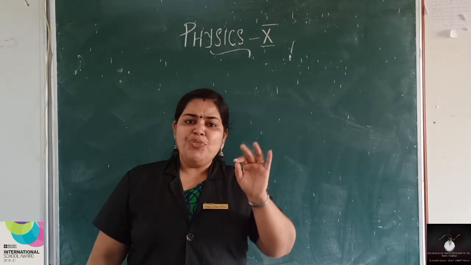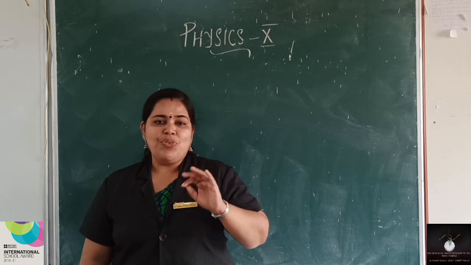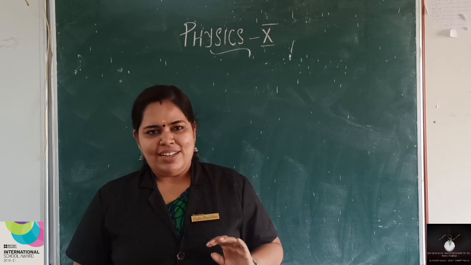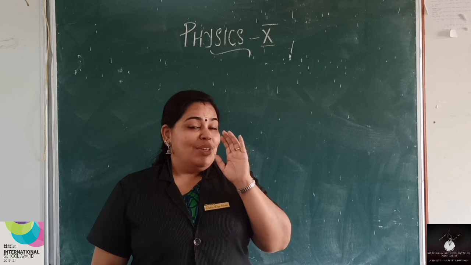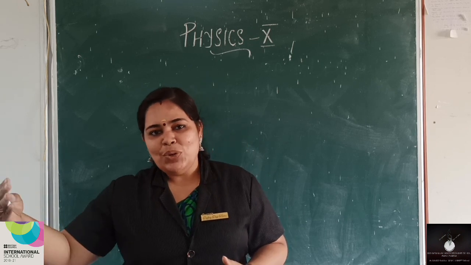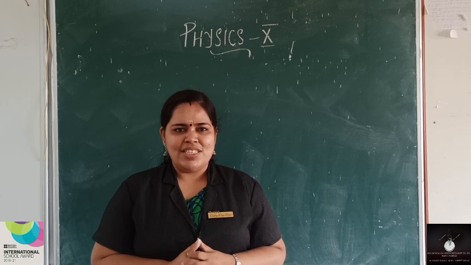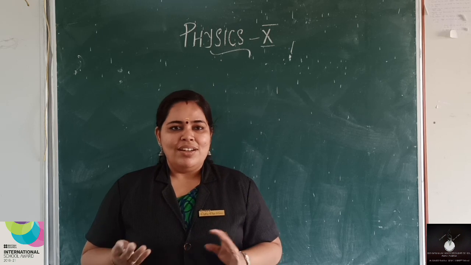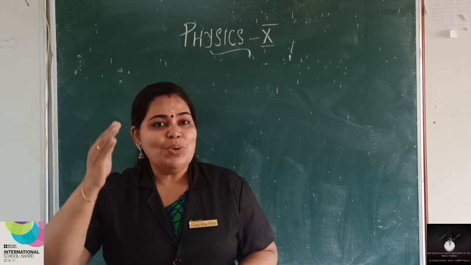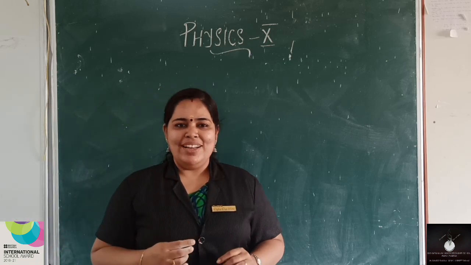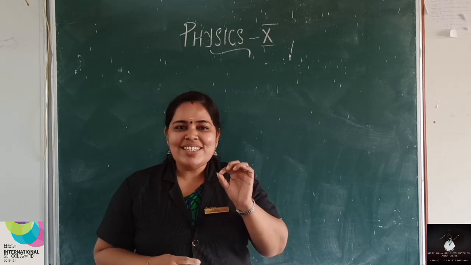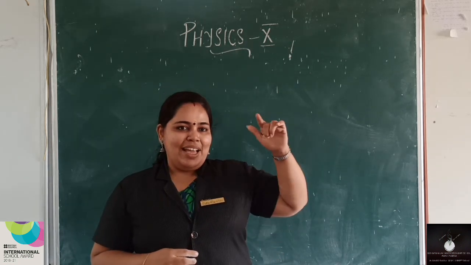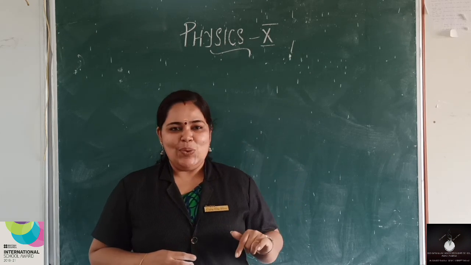So, if you are given a resistor, how will you find out the value of that resistance? You have to look at the colors. But for knowing that resistance, we have to know these colors in order, isn't it? Sometimes if the colors are interchanged, the values will change. So, in order to remember these colors in order, I will give you a mnemonic, one easy method to remember the colors. Black, brown, red, orange, yellow, isn't it?